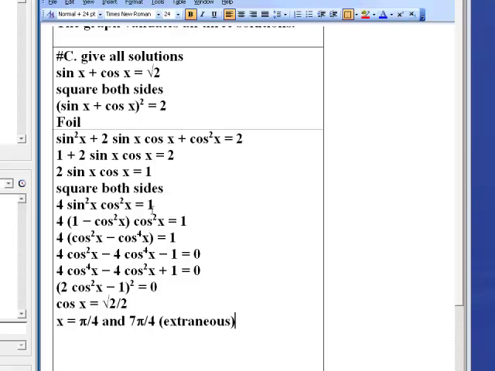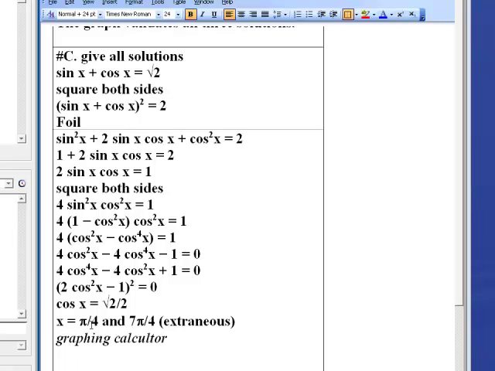And the reason for that is that we have squared quite a few times, and when you square, you might introduce some extraneous solutions. We will see that in just a moment. I'm going to strike this out here for now. Well, I'll strike it out later. Let's look at